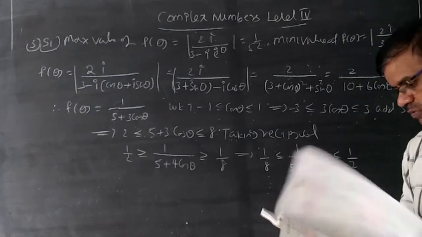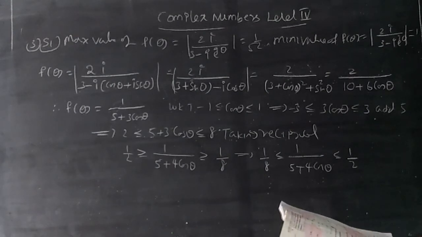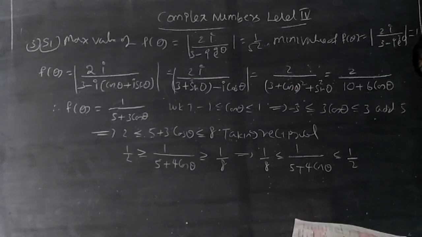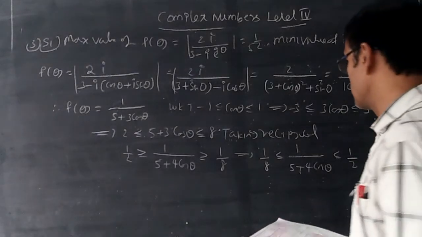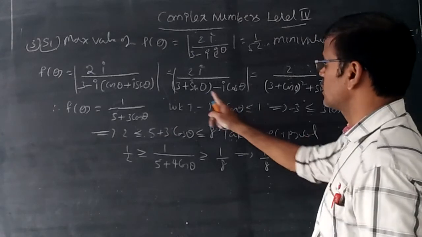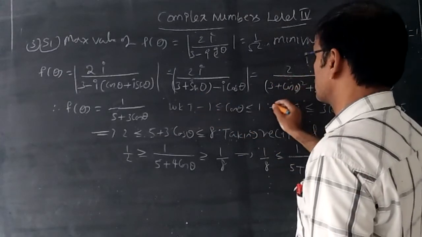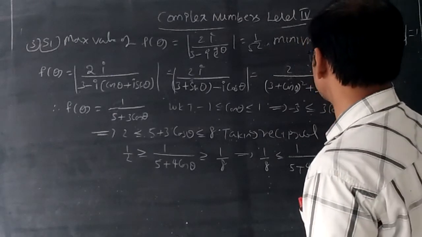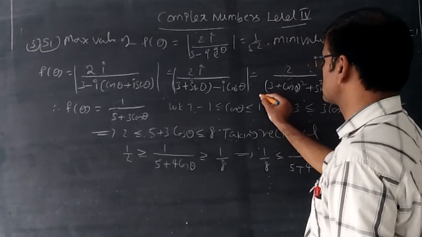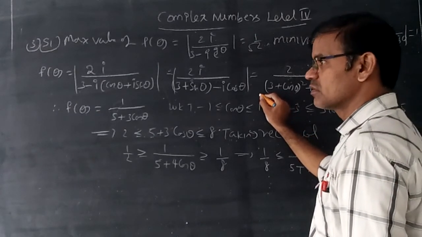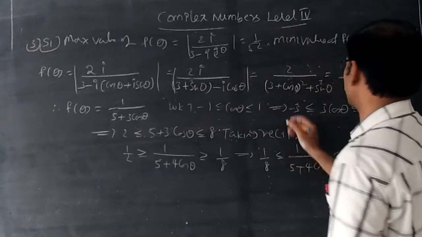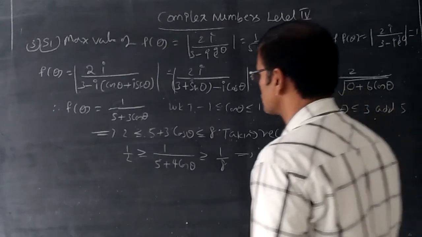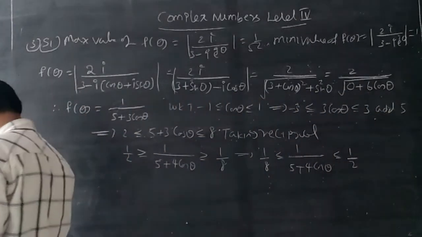There is another mistake, please verify once. The third question: f of theta whole square. He considered f of theta whole square. Students have taken the modulus here. Okay, it's okay. The modulus of 2 by (3 plus cos theta), but there should be a root, because this is component square plus component square. So it is better to consider the square root of this.